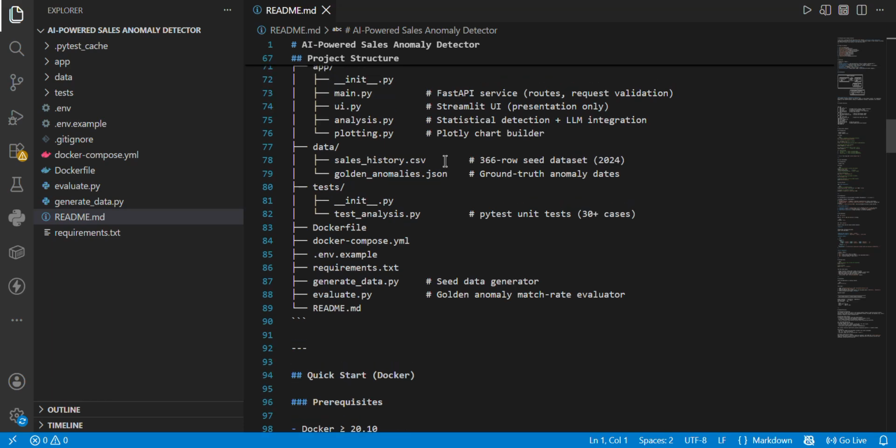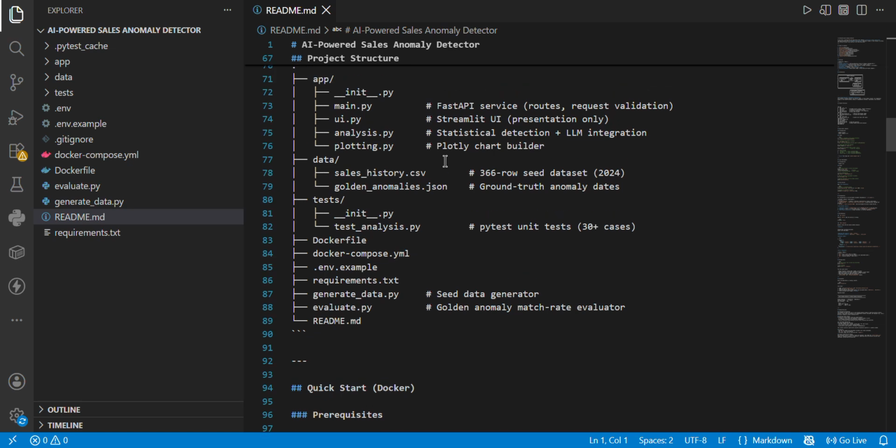Let me quickly show you how this is architected, because the design is actually quite clean. First, the project follows a decoupled architecture. There are two separate services running. First, a FastAPI backend here in main.py. This is the brain. It handles all the heavy lifting: reading your CSV, running the statistical analysis, generating the charts, and calling the AI model. Second, a Streamlit frontend